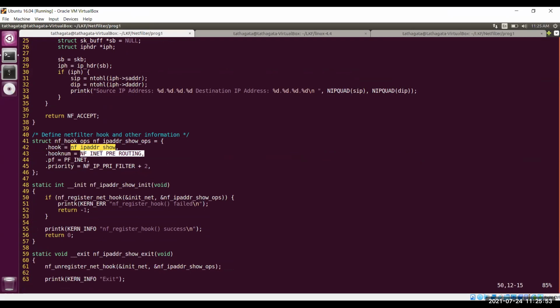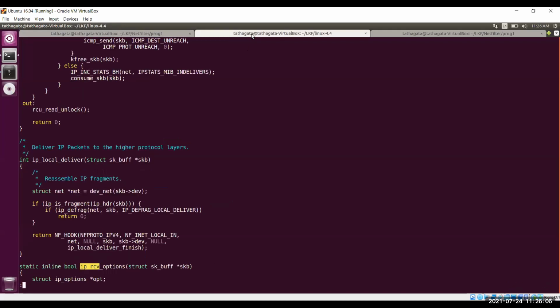But there is another function in the kernel which is called nf_register_net_hooks. This is similar to this one, but it will just call the function in a loop.